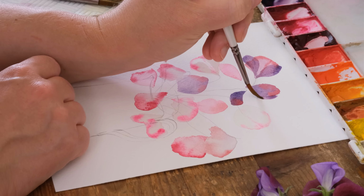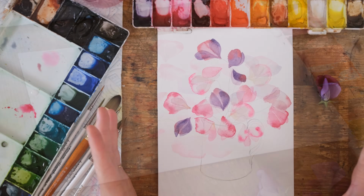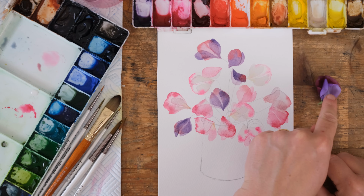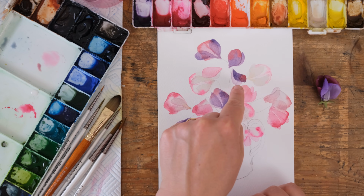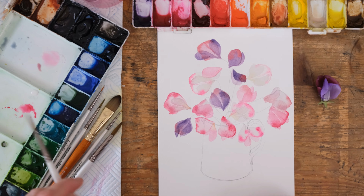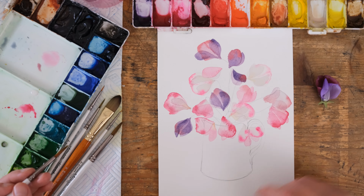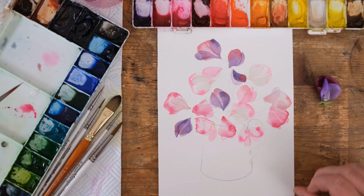Maybe, just maybe, for some of them we see something like that. Once those have dried, it's time for the keel petal. So you can see those first ones I did, so pale, but they dry and crisp up really beautifully. So finally for the keel petal, it's again going to be a case of just changing up your mix one more time, and